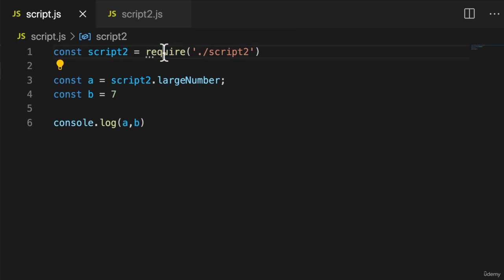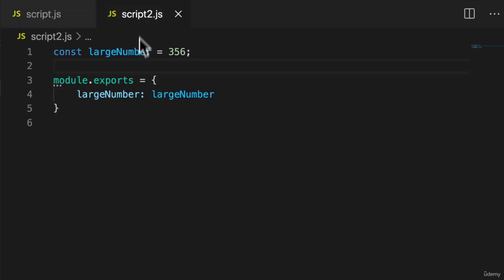But as of Node version 12, they now have ES6 style module imports and exports. So the good news is that if you're watching this video and you have the latest version of Node, then congratulations, you can now start to change from require to using import-export keywords. So let me show you, based on what we've just done and what we've learned about modules, how we can